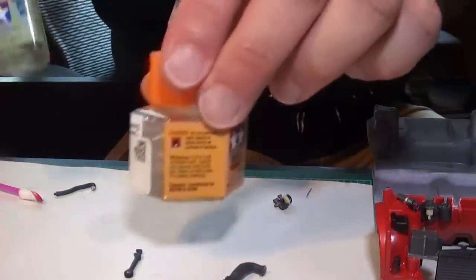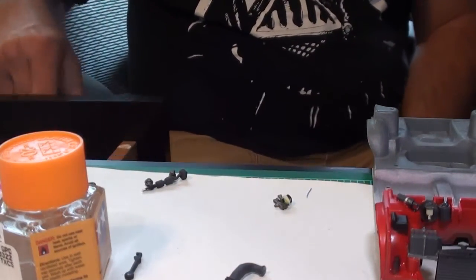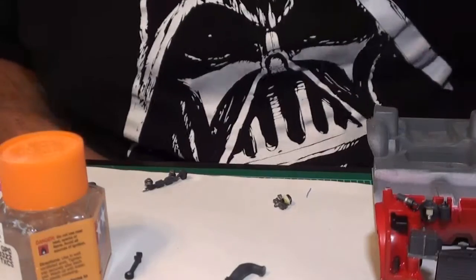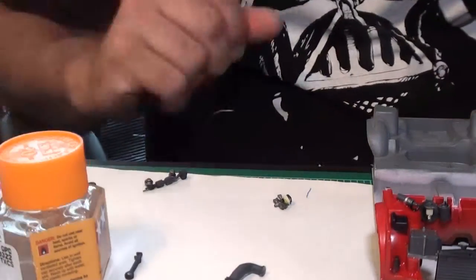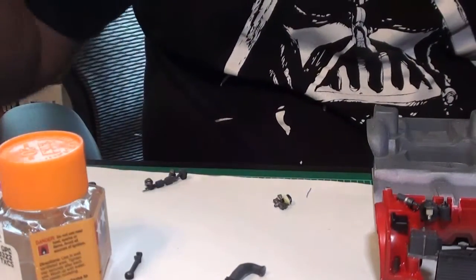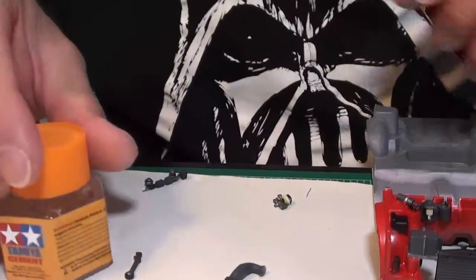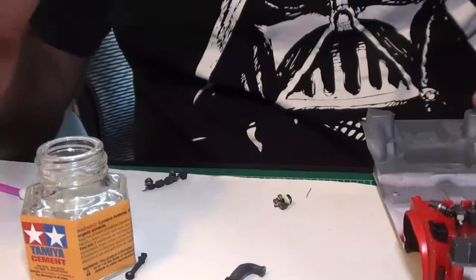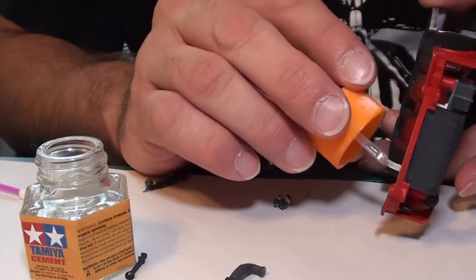Or I could use one of these. I'm going to use this one. The extra thin is wonderful stuff, but it doesn't hold up all that well. I also have some of this stuff here. I have found this holds about as well as the extra thin. This stuff holds much better. And when I go to glue my parts, it's very simple. And this doesn't dry incredibly fast, so I like it. I just put a little bit of glue in my spot